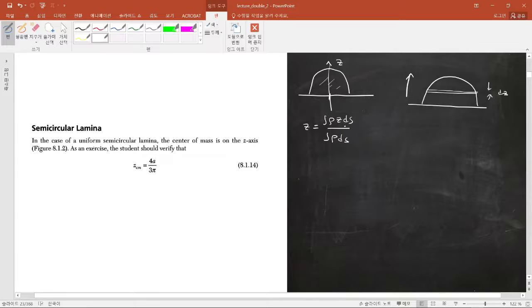Okay, so here dS is what? dz times the length of this strip. This one is a, this one is z, so that is the square root of a squared minus z squared. So it should equal 2 times the square root of a squared minus z squared. Okay,